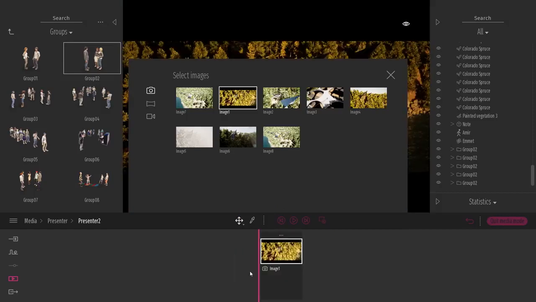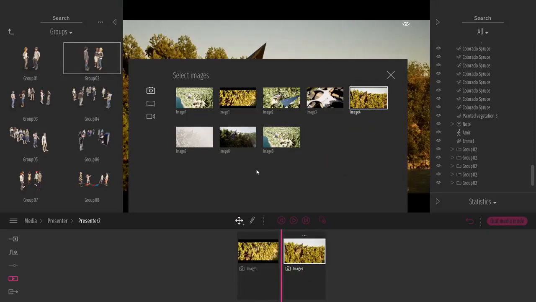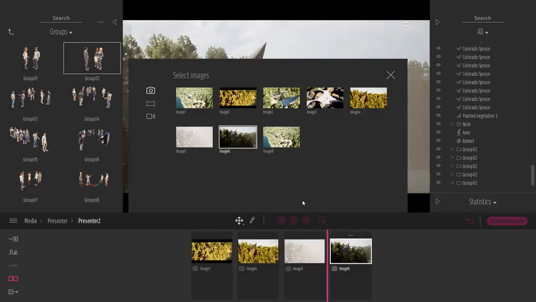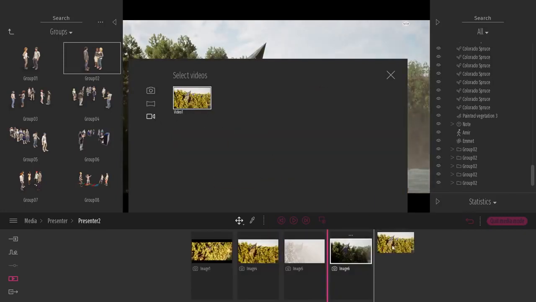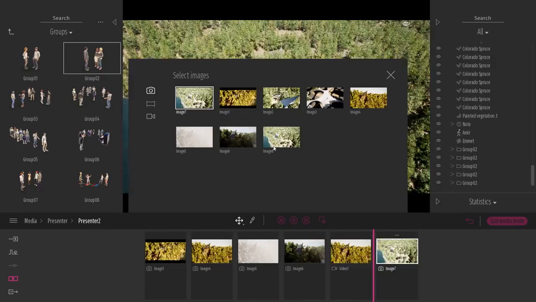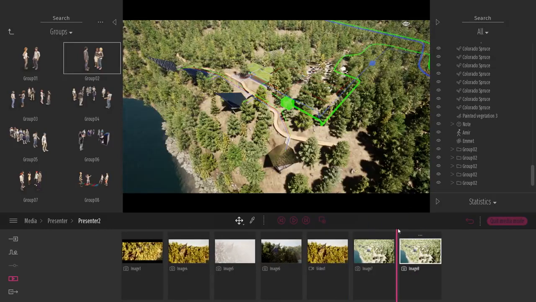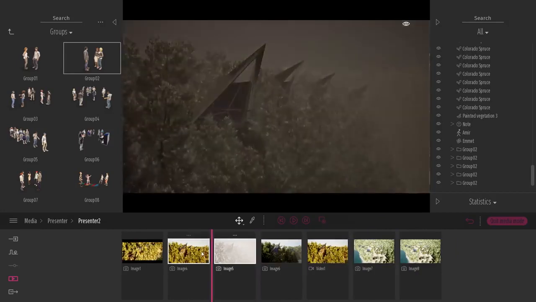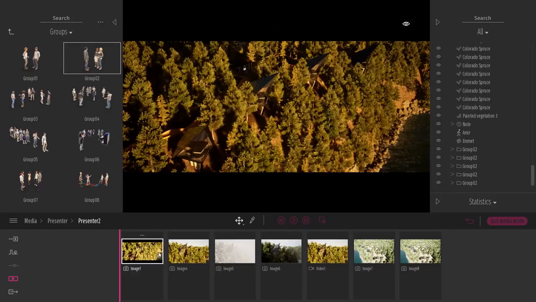So you can just create some slides. You just drag and drop the media you have set up inside your project. So let me just drag a couple of images. I can drag and drop also a video, maybe some more images like the one with and without the MEP. So here I can create my presentation. And at the end, I export that as a standalone viewer.